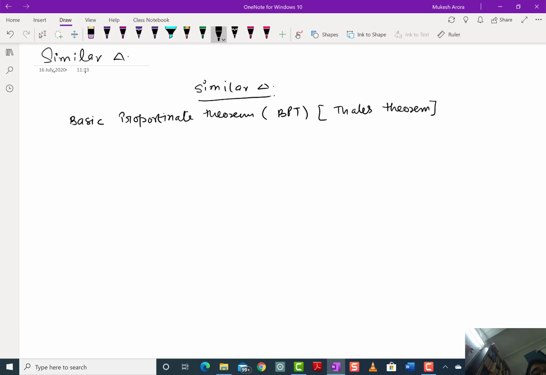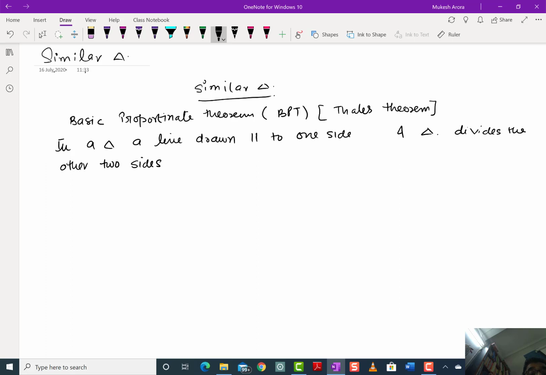Thales theorem states that in a triangle, a line drawn parallel to one side of the triangle divides the other two sides proportionally. Meaning, by